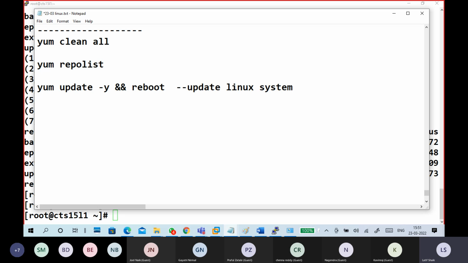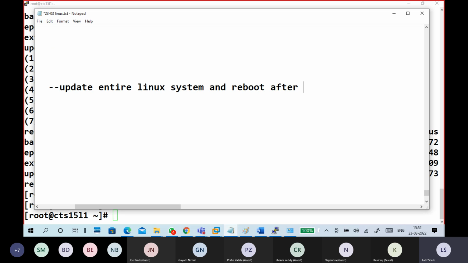Update the entire Linux system, including packages, kernel, operating system, shell, everything will be updated. Entire update. And reboot after update.